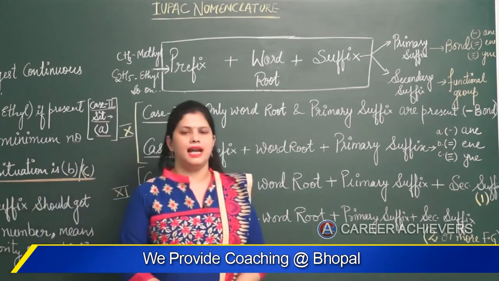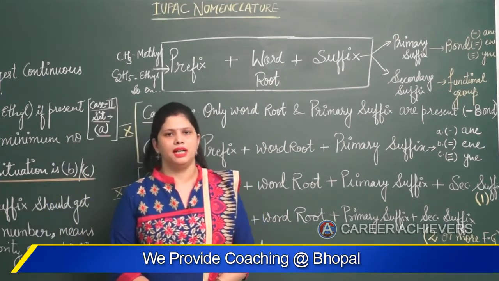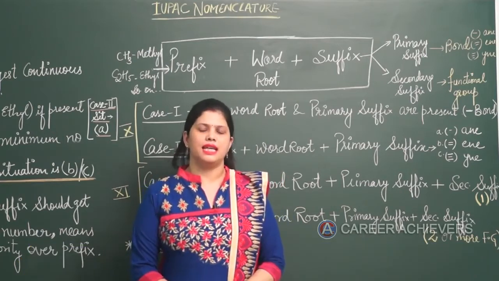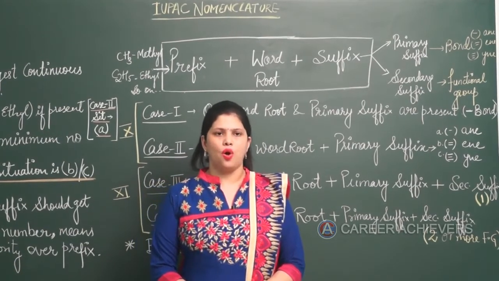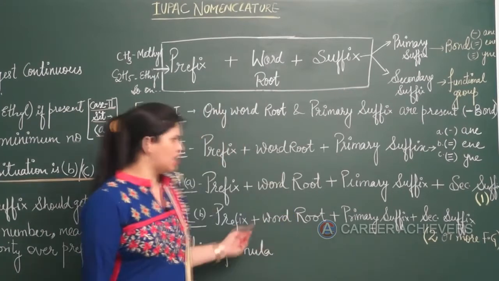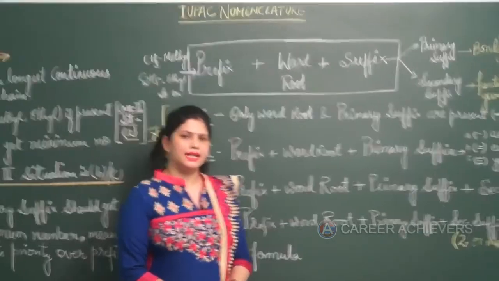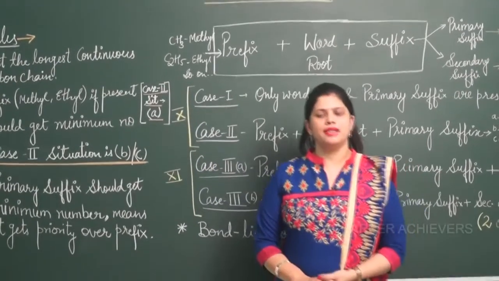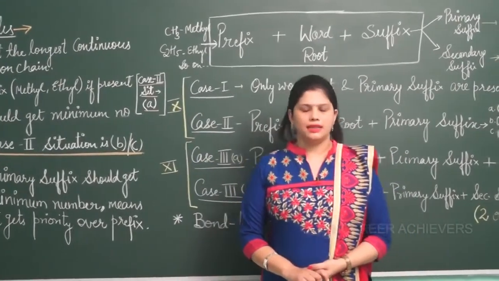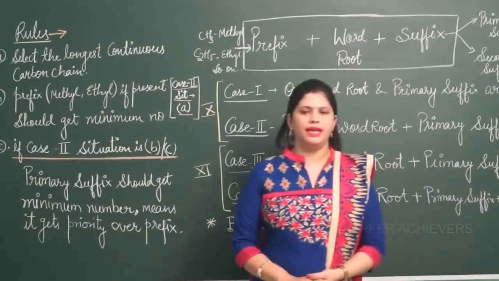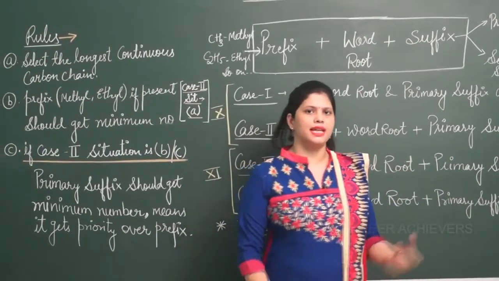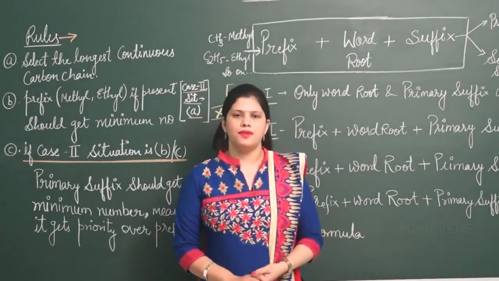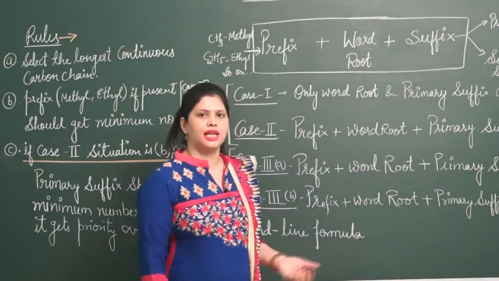So basically the entire IUPAC nomenclature, starting from class 10th and ending in class 11th, can be done using all these formulas and cases which I have given you. This is basically the summary of the rules and formulas of IUPAC nomenclature, and the examples of these will be in the next video, because these theories and cases cannot be explained without taking the examples into consideration.